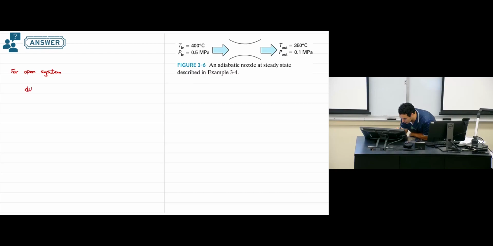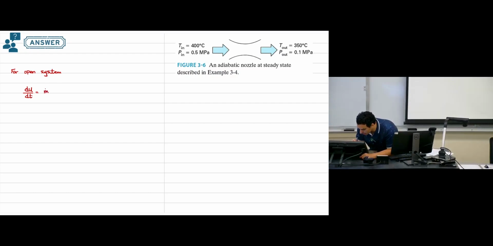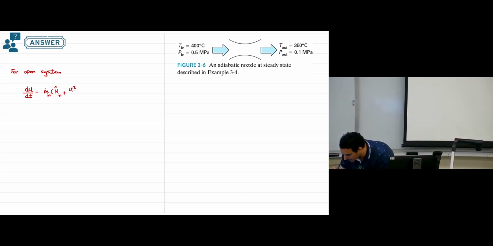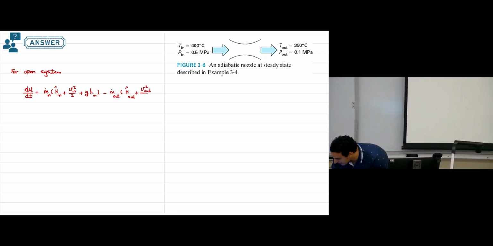So we have the accumulation dU/dt equals, we have one inlet stream, so there is no summation, mass flow rate of the inlet times specific enthalpy of the inlet plus velocity of the inlet squared over 2 plus g, the elevation of the inlet, minus mass flow rate of the outlet times specific enthalpy of the outlet plus outlet velocity squared over 2 plus g, gravity, times the elevation of the outlet,